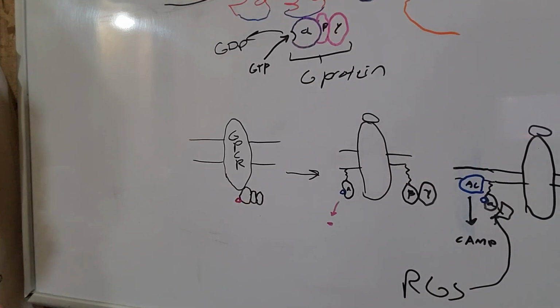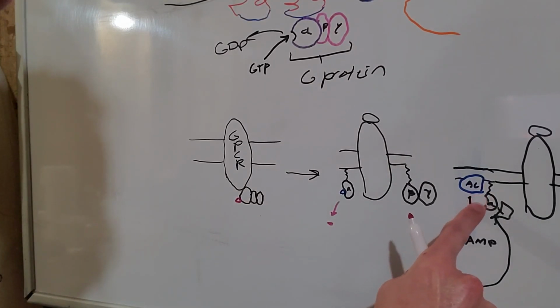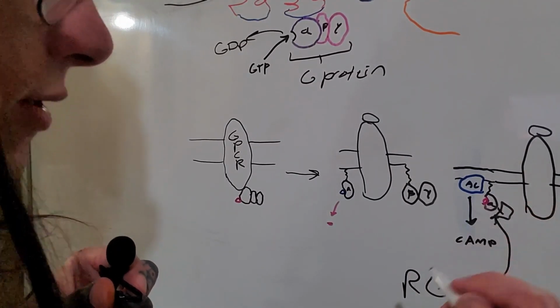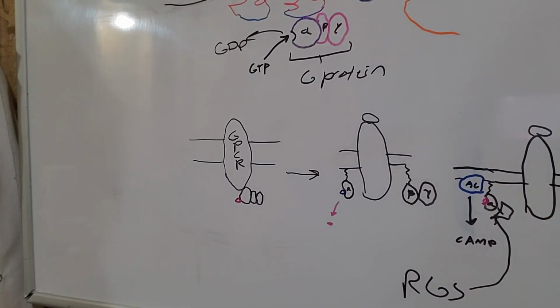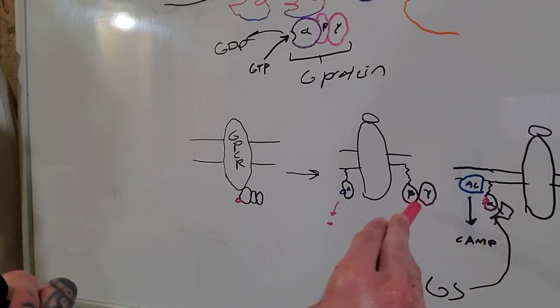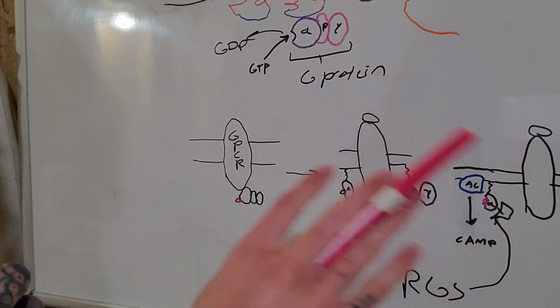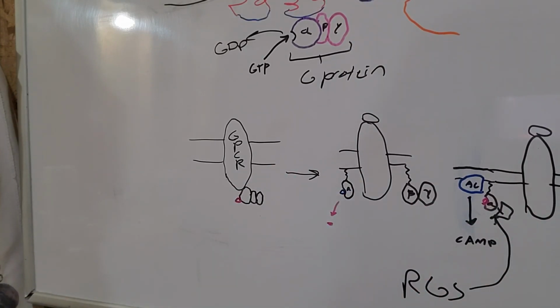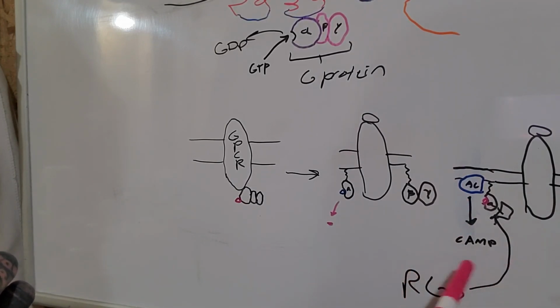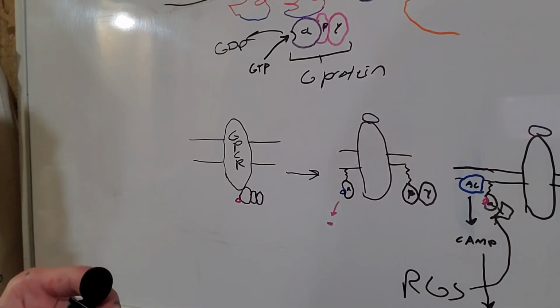transduction, because it re-inactivates the alpha subunit back into its inactive GDP-bound form. When it's in this form, it can then reassociate with the beta-gamma complex and restart this cycle. So in this example, I went over adenylate cyclase and the cAMP-dependent pathway, but